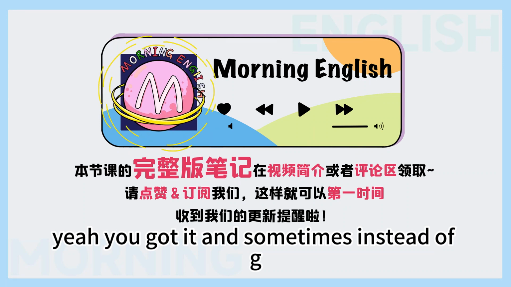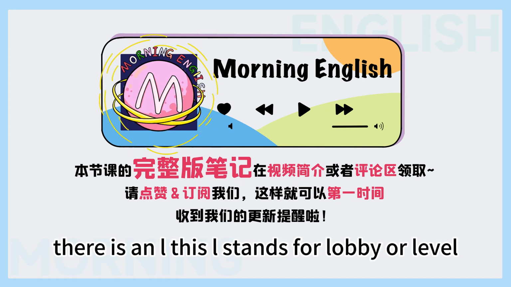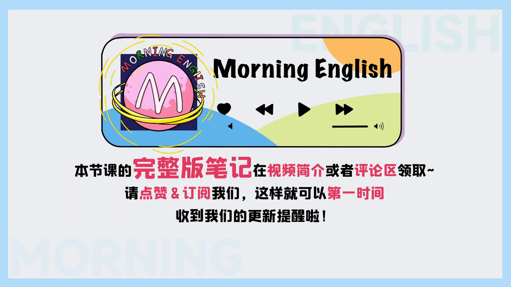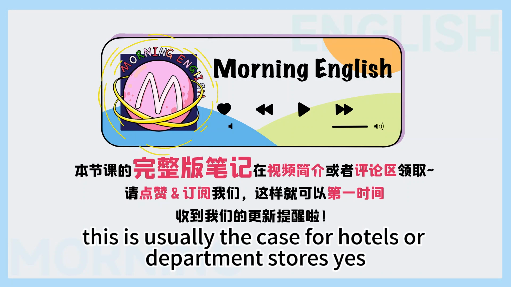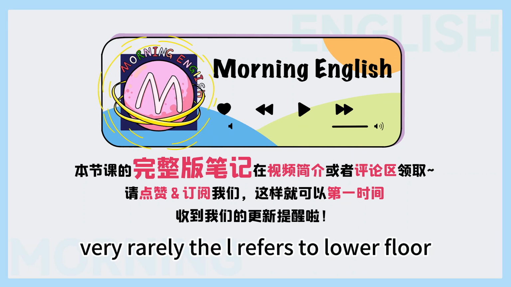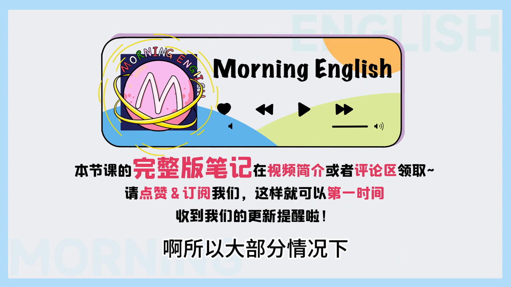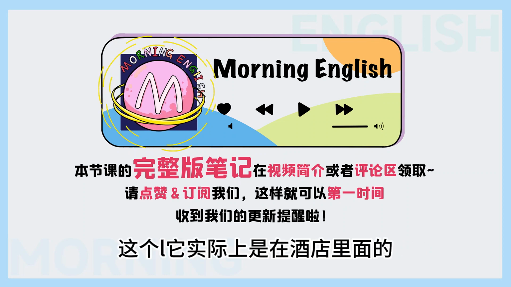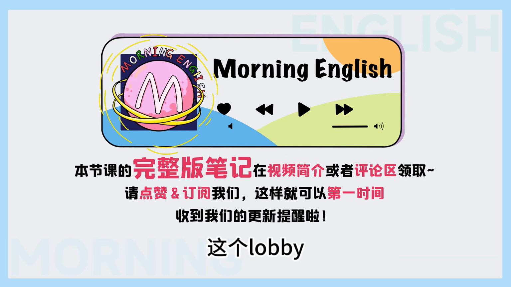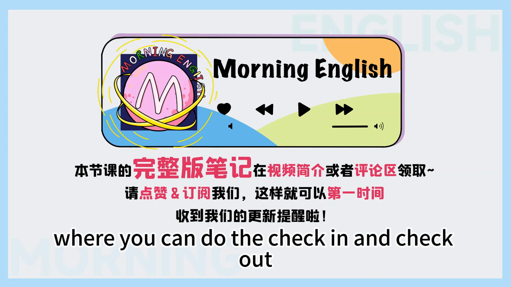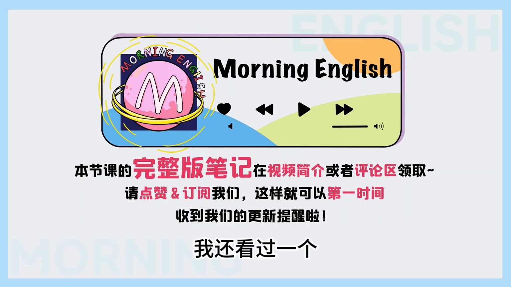And sometimes, instead of G, there is an L. This L stands for lobby or level. This is usually the case for hotels or department stores. Yes. Very rarely, the L refers to lower floor. 所以大部分情况下，这个 L 它实际上是在酒店里面的这个 lobby 大堂的意思，where you can do the check in and check out，对吧？